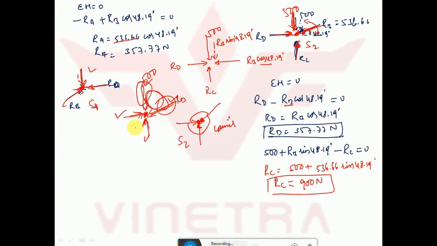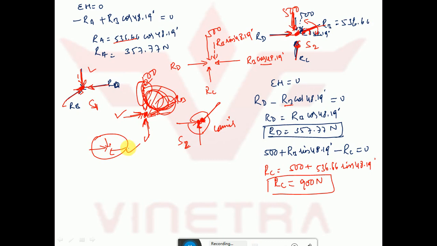If I want to apply Lami's theorem, then I'll make these four forces into three forces. I will keep these two forces, since these are unknowns, and make the other two forces into one force. That is, I will find the resultant of these two forces, its direction and the angle made with the horizontal, draw that resultant here, then go for Lami's theorem for sphere S2. In this way, we can apply Lami's theorem to this problem. The limitation of Lami's theorem is that the forces should be coplanar, concurrent, the number should be 3 only, and the system should be in equilibrium. Kindly remember these things.